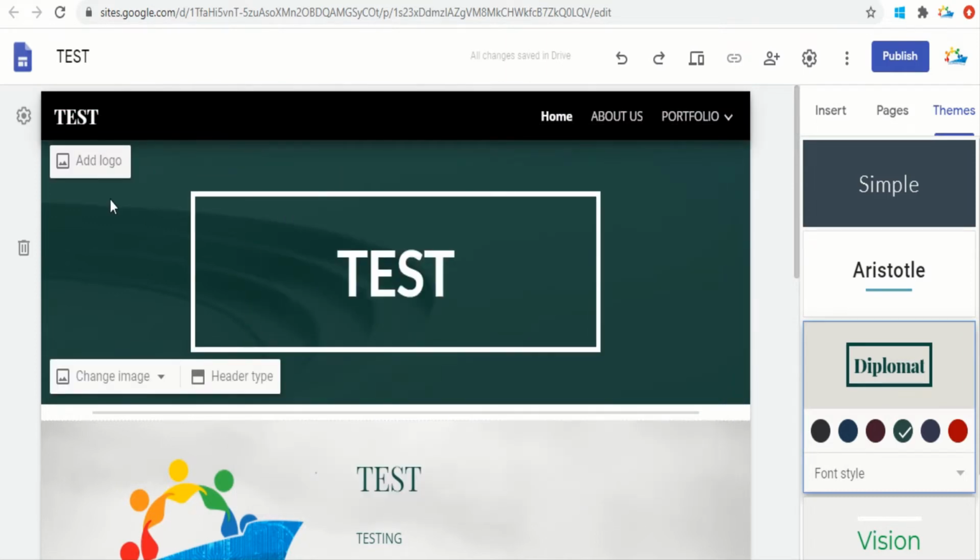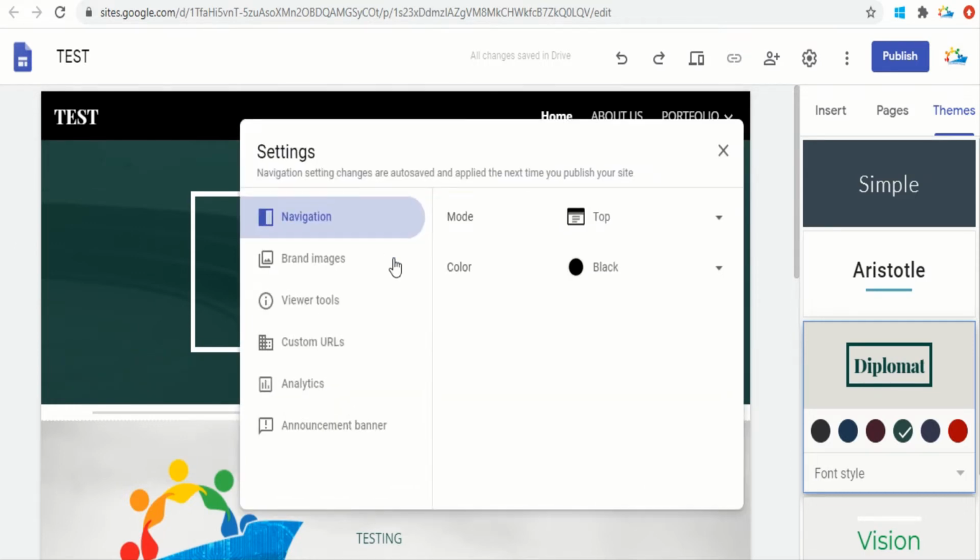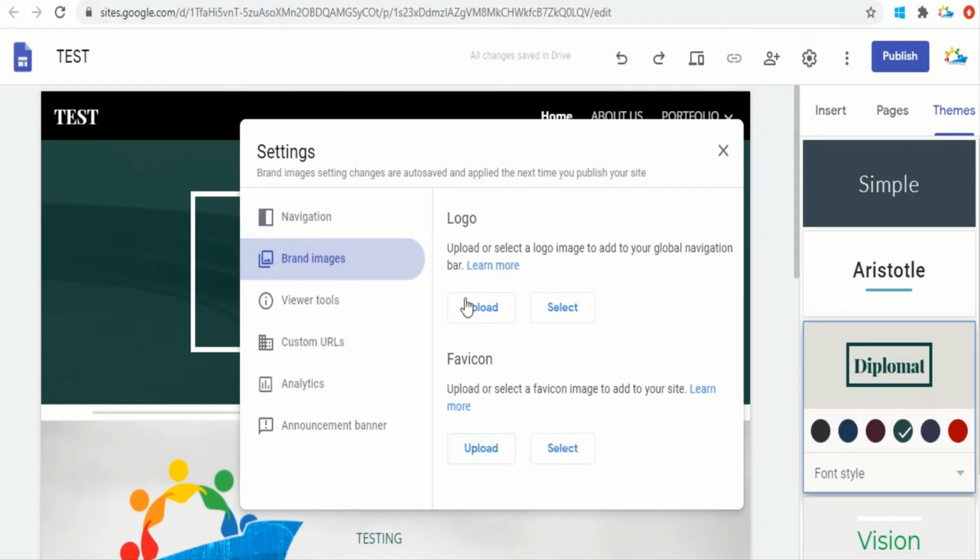Now, you can also add a logo and a favicon. I'll tell you what these are. So go to this brand images, and you have two different options, logo and favicon. First of all, you need to understand what a favicon is. See, when you open a website, a small icon appears here, like a lock is appearing here, and it suggests that it's a logged site, sites.google.com.